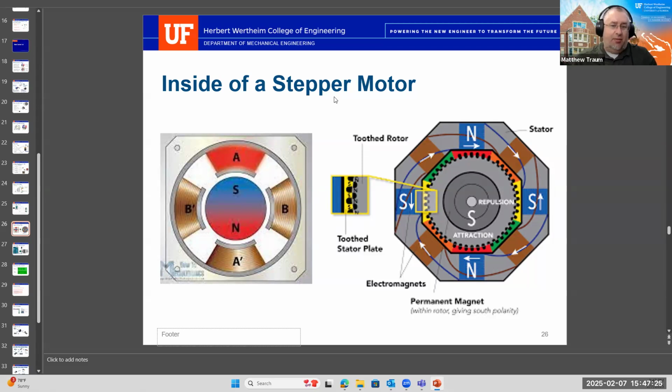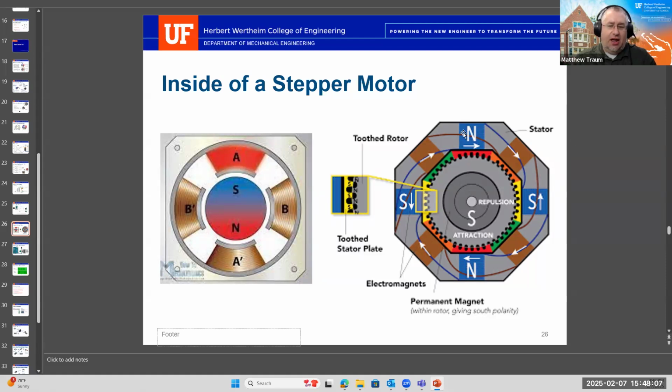Now, normal stepper motors that you buy don't just have two locations. Typically, they have 200 locations around a 360-degree radius, so I think that's about 1.8 degrees per step. Each one of these, you can see zoomed in here, each one of these teeth is very similar to the B prime B or the AA prime coil. There are essentially two coils, just like before, and they just energize and de-energize. What's happening is the permanent magnet on the inside is taking these tiny little steps from one tooth to another tooth to another tooth